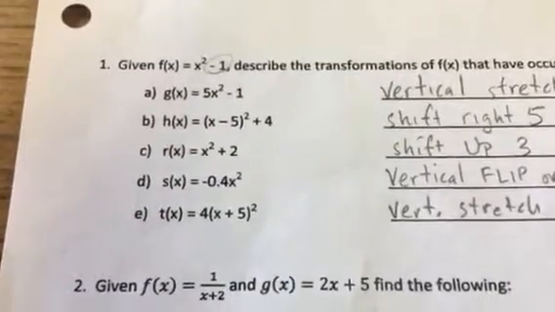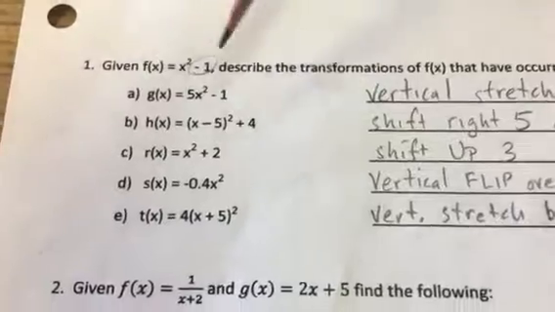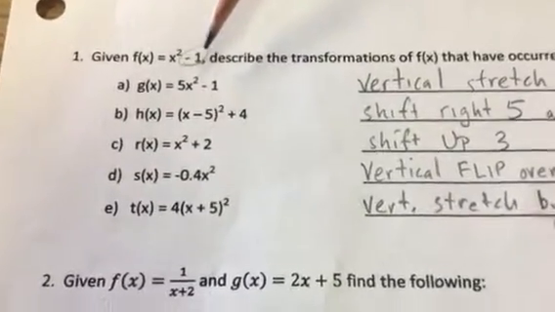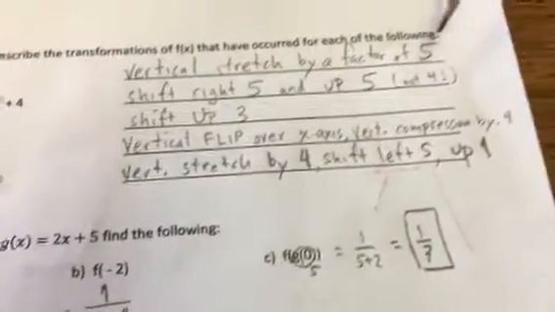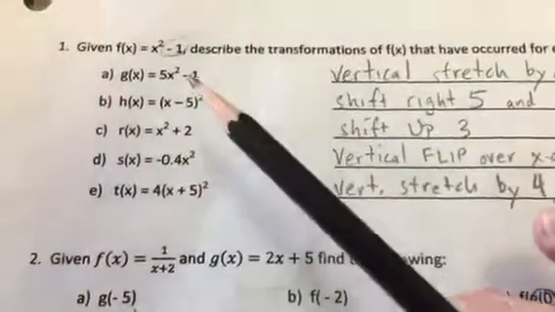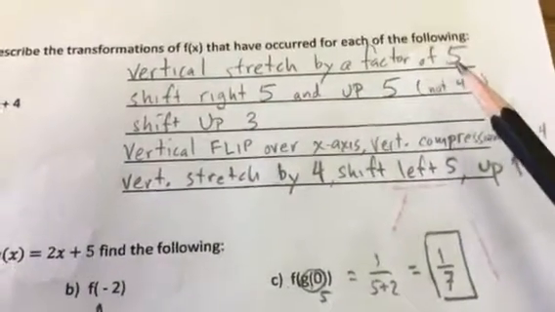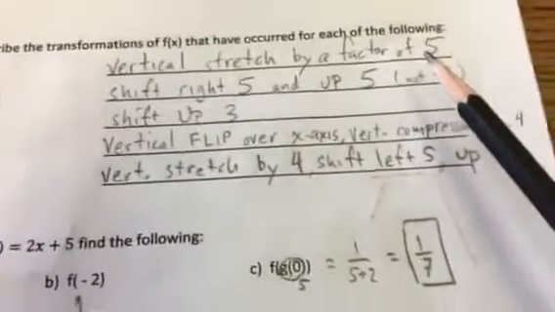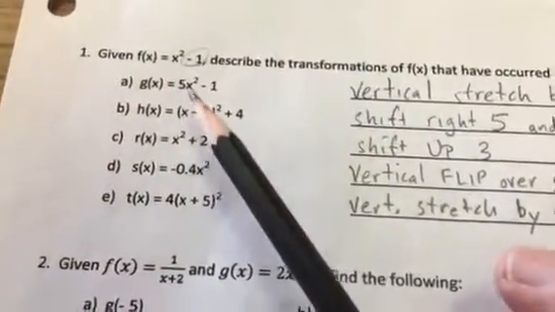All right, so given f of x equals the parabola x squared minus 1, describe the transformations that have occurred for each of the following. The first one is 5x squared minus 1. Well, that is a vertical stretch by a factor of 5. It is now 5 times as steep, 5 times skinnier maybe, but that's a vertical stretch right there,